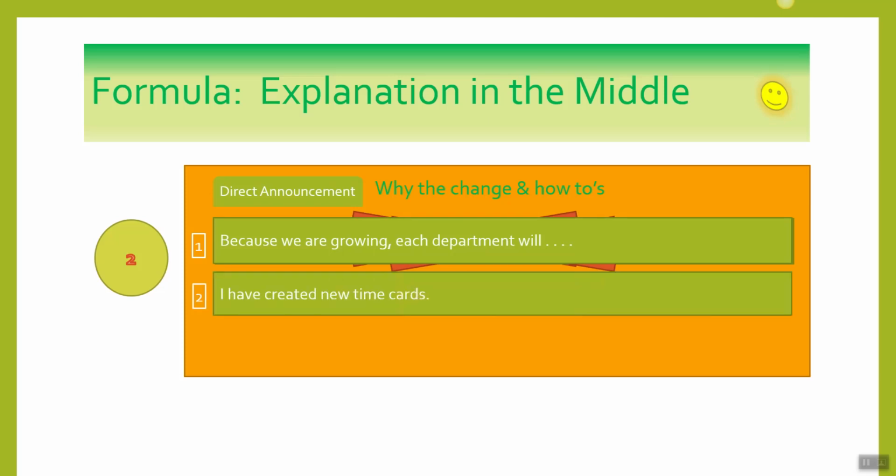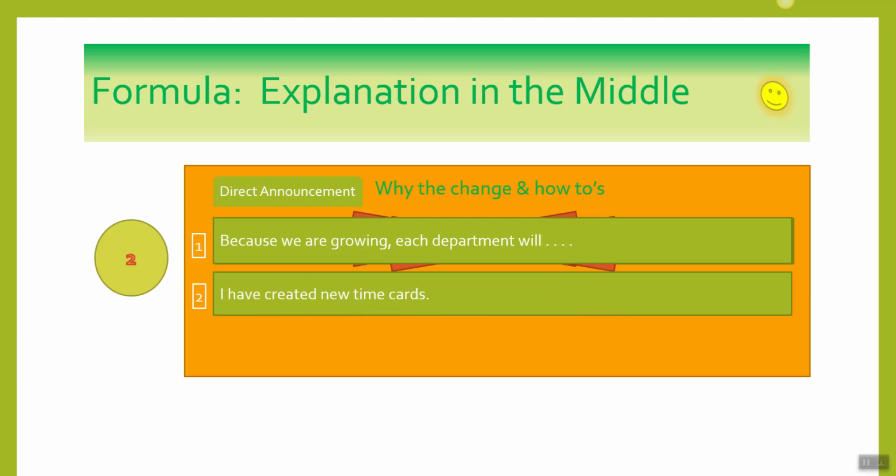And now your second sentence of this paragraph has to mention the new time cards that were created. Some of you forgot, I know. And if you say, I have created new time cards, well, good for you. So we are wanting to get the I out of there altogether and make it all about them.